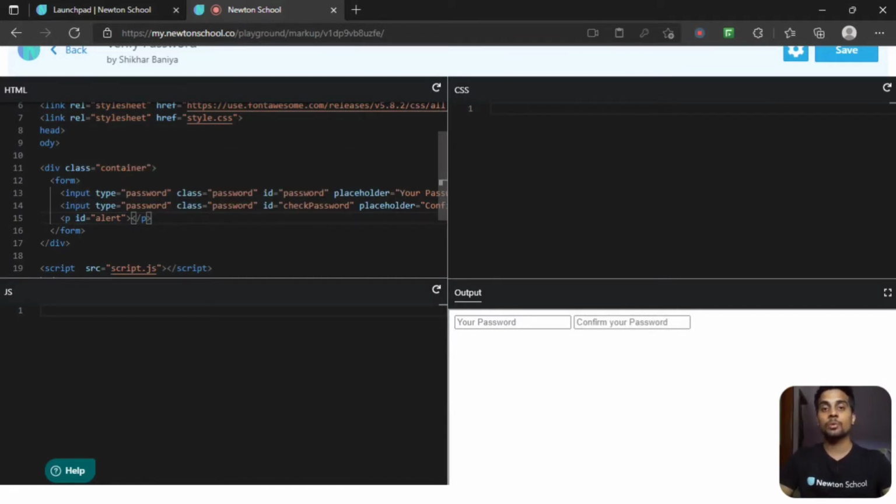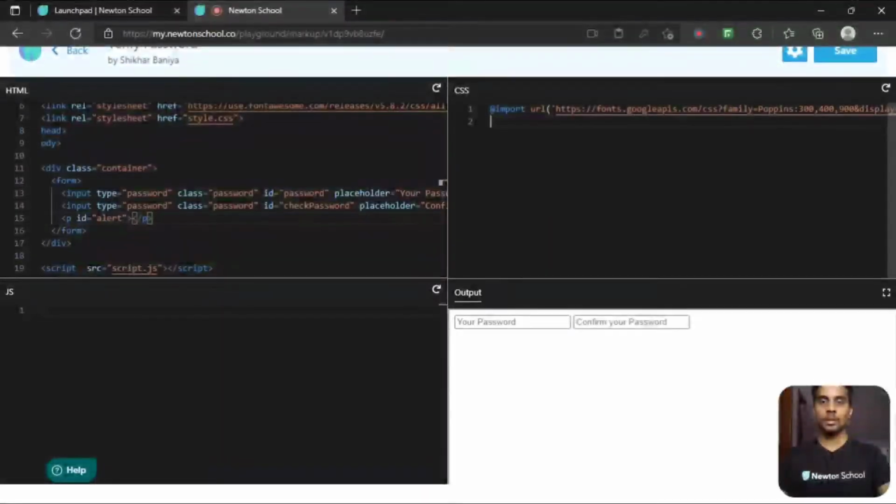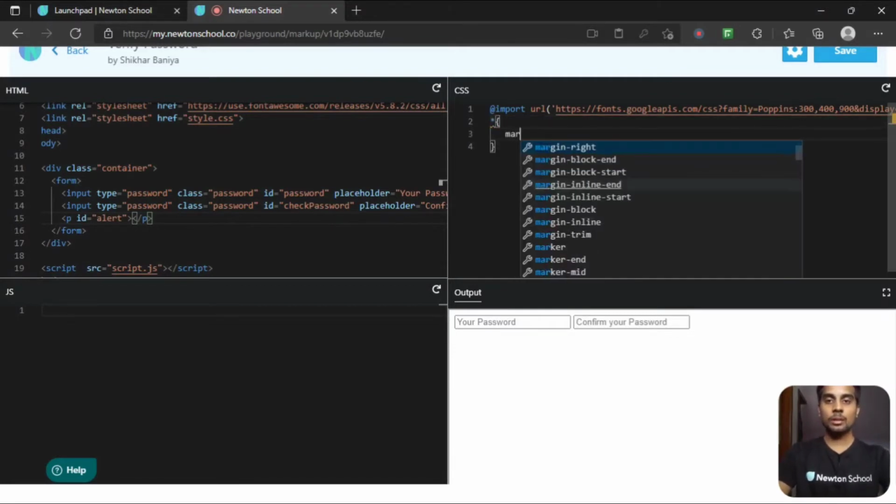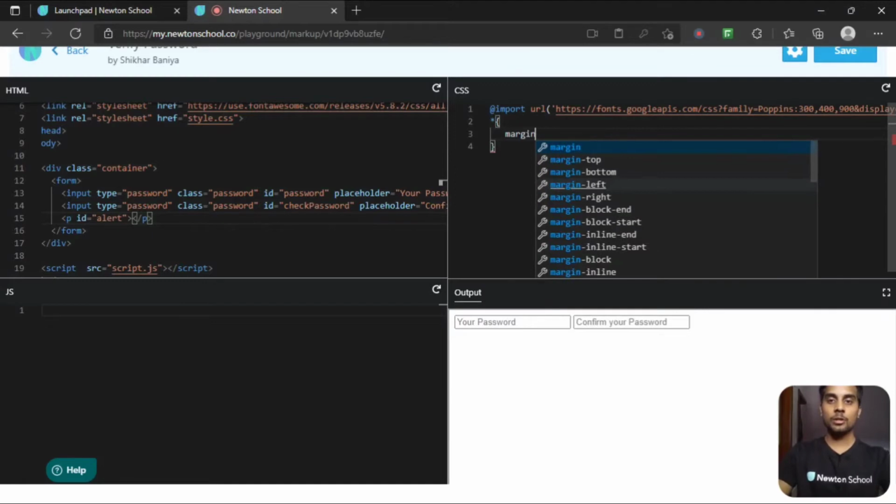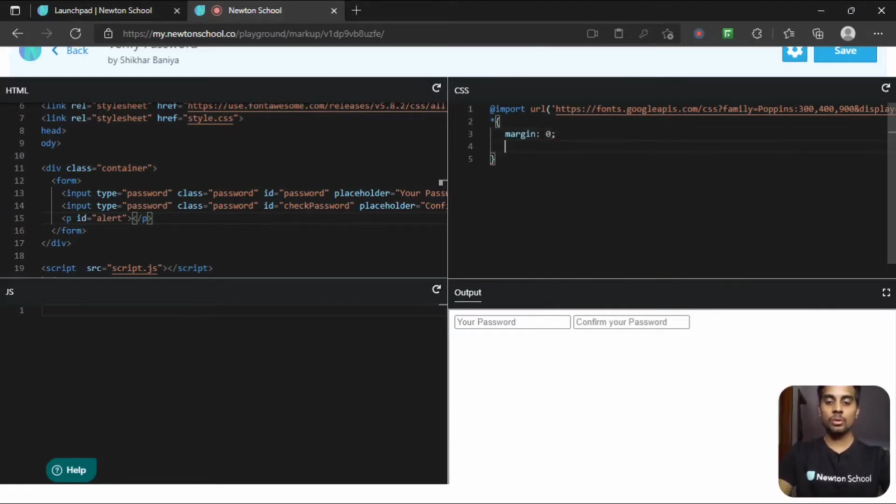Now let's jump towards CSS. Let's style these two input tags. First, let me target the whole document. So star, I want to set the default margin as 0 and default padding as 0.